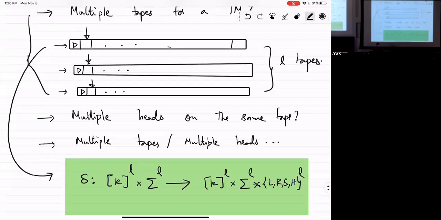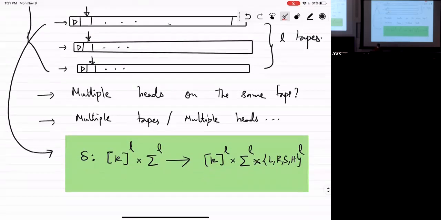It's just like you have way more options. I have to tell you what happens when my head is reading some symbol here, some symbol here, some symbol here, and what state I am in here, what state I'm in here, what state I'm in here, and then I have to tell you what each of those heads does. Now everything else is the same.